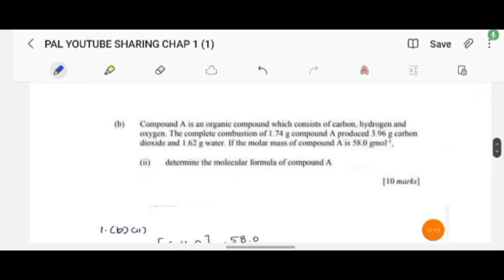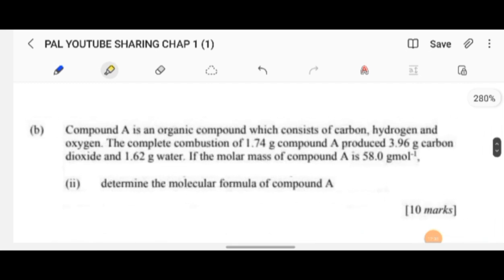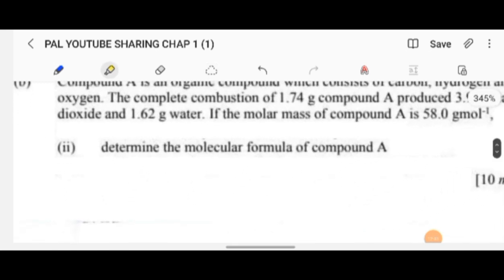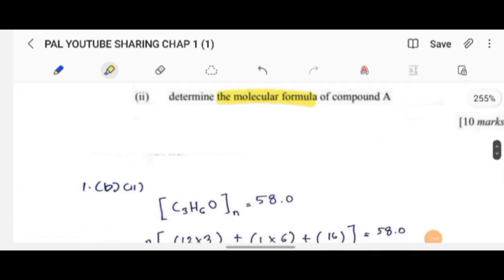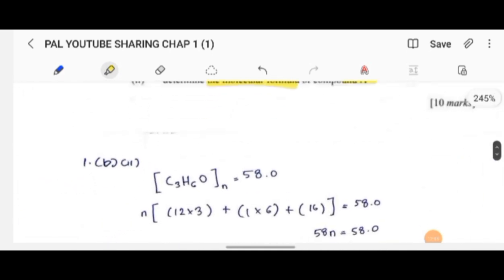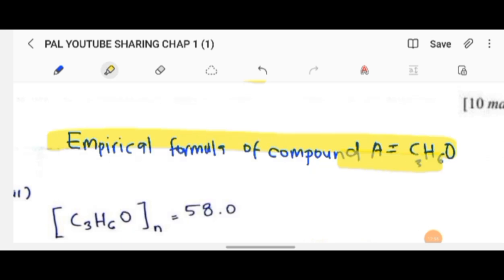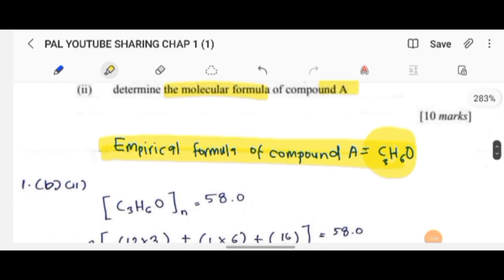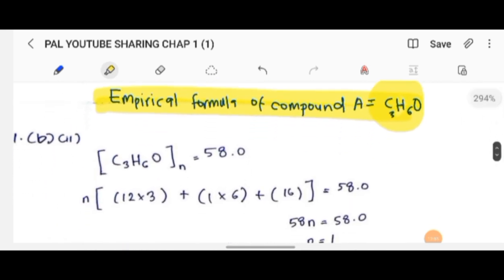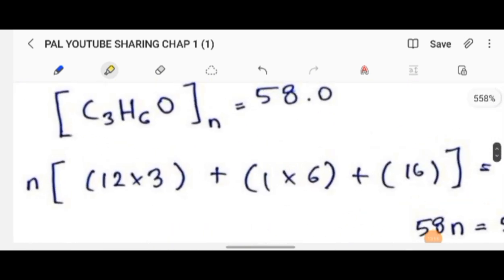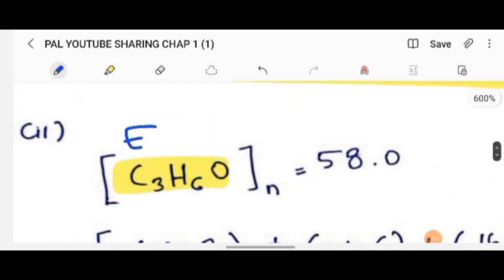Okay, question number 1B Roman 2 is related to 1B Roman 1. Oh, okay, this is the full question. So the question Roman 2 asks us to determine the molecular formula of compound A. So just now we got the empirical formula of compound A is C3H6O. Okay, so to find the molecular formula of compound A, it is the empirical formula times n, and then equals